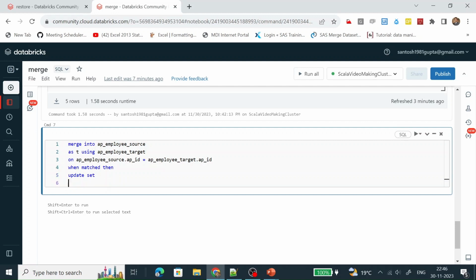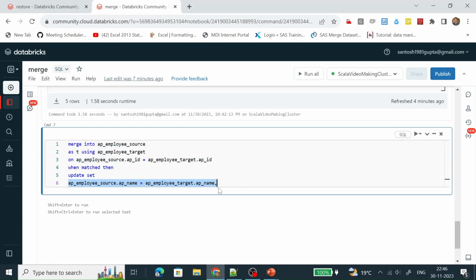What update statement do we need to do? This AP source dot AP name would be AP target dot AP name. This is the first one.